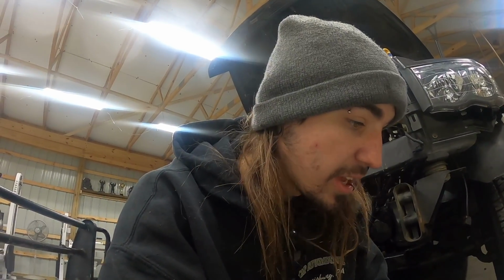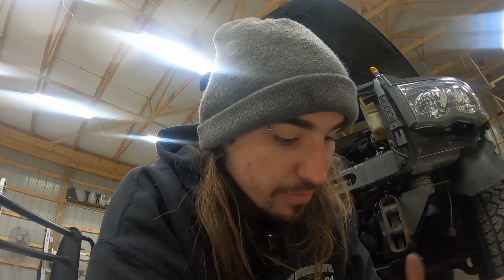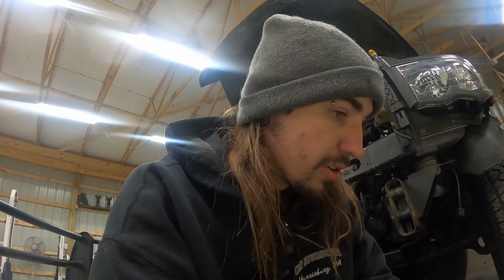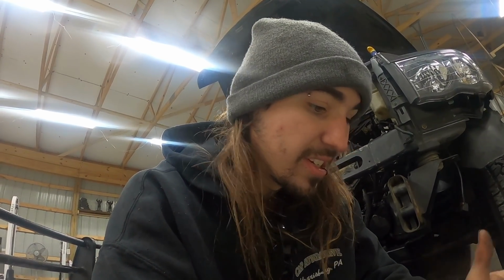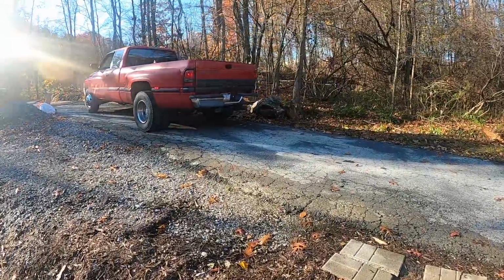But yeah, I want this thing running today. That would be nice. I have all day to work on this. I got to go out to Cummins and get some stuff, and we'll pretty much go from there. It's early in the morning, like 9:30 now, so let's see if we can work till like 7 or 8 o'clock tonight, get this thing running, and then tomorrow do a turbo swap on it. All right, well,